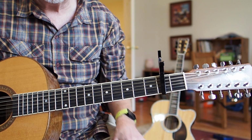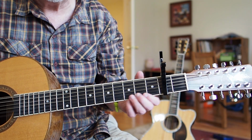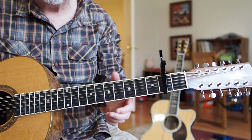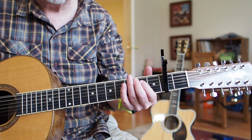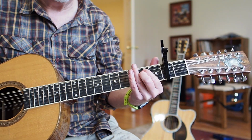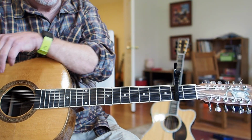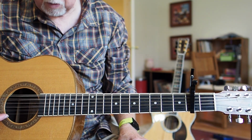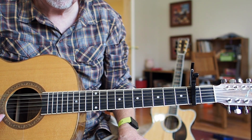I don't think there's any reason you should put the wood under stress or put your fingers under stress to move all that tension, when you can just lower the guitar down a whole step and then put a capo on if you want to play in the pitch of regular tuning. But what Nashville tuning is, it's not an altered tuning. It's altered strings is what we would call it, because it's taking a 12 string set of strings,